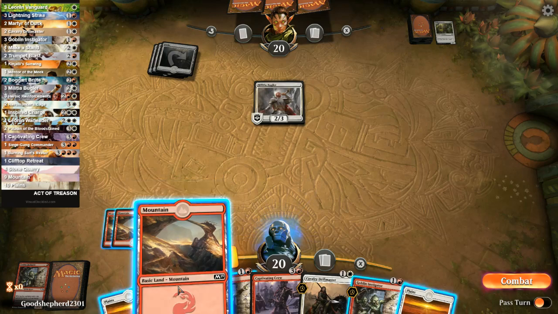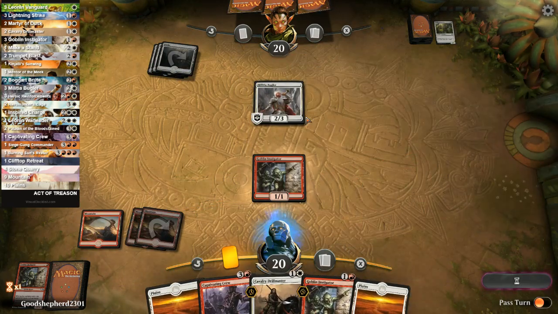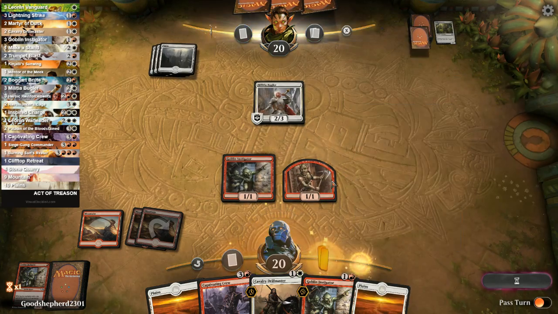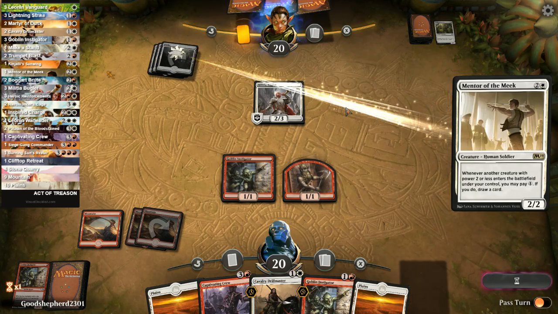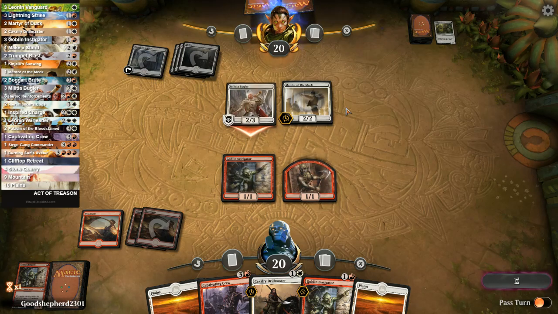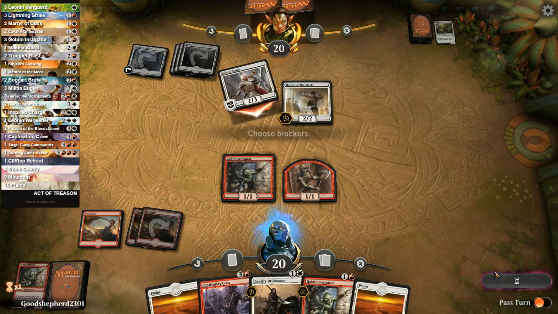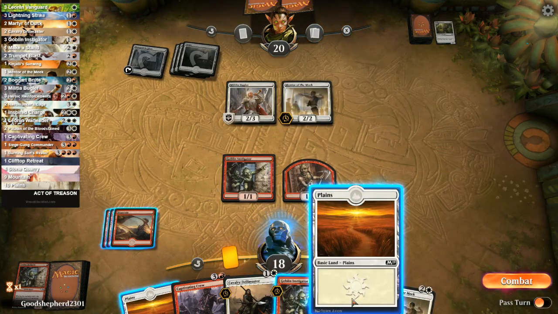So let's play even more goblins. The next turn, more goblins and a drill master, so we could at least get some damage through, and hopefully we can. Okay, opponent's going Mentor of the Meat. So he's in the mono white plan, so no blocks this time. We got our own Mentor of the Meat, but...